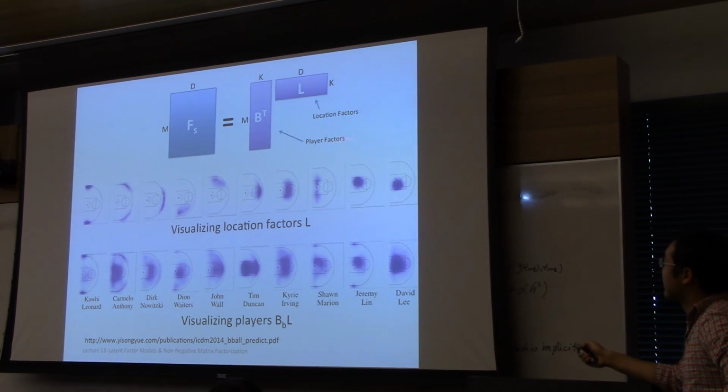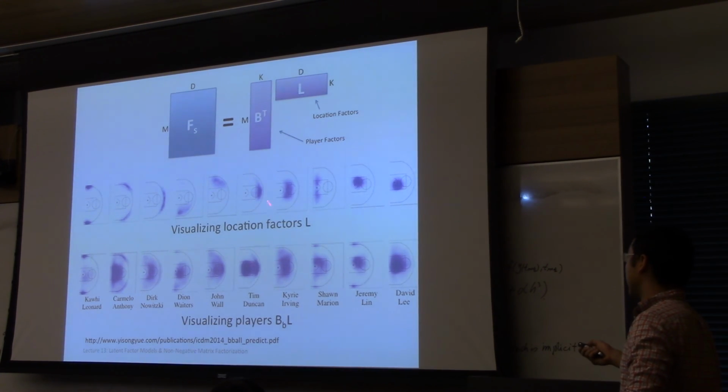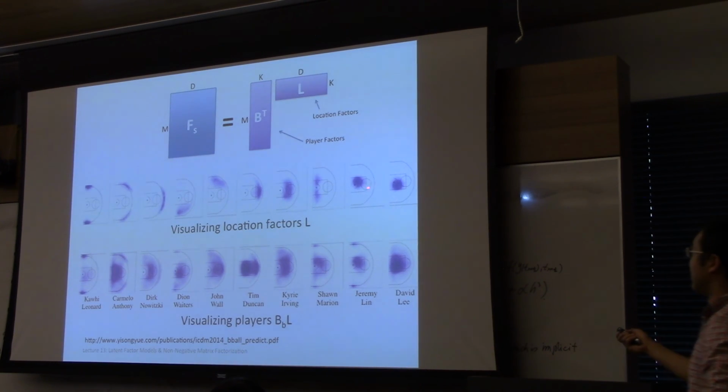So here D equals 2,000, and we're visualizing every row of this L matrix here. You can think of these as features that we learned from where people like to shoot on the court: the corner three, the wing three, left wing, right wing, free throw area, high post, left low post, right low post, etc. And then now every player